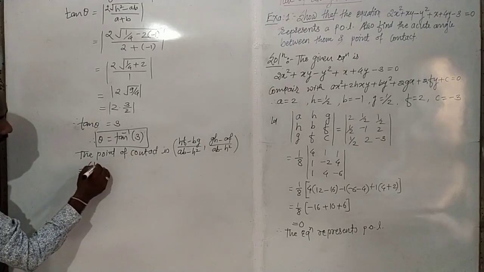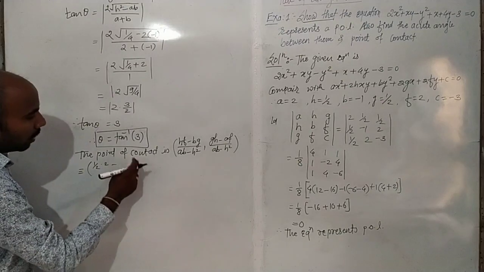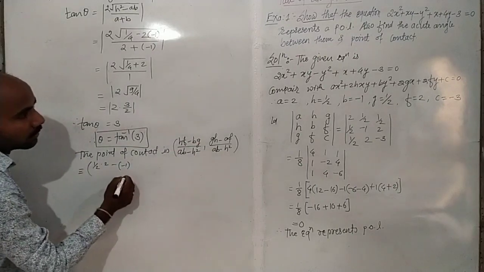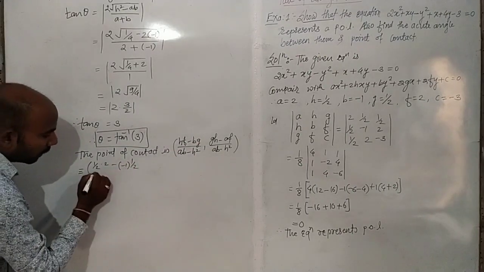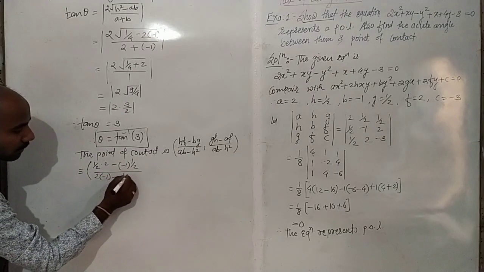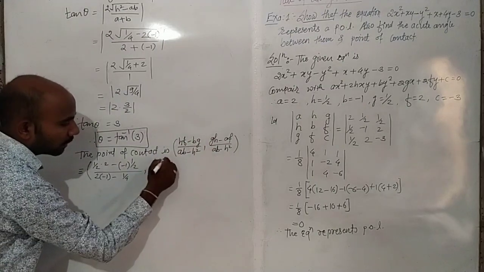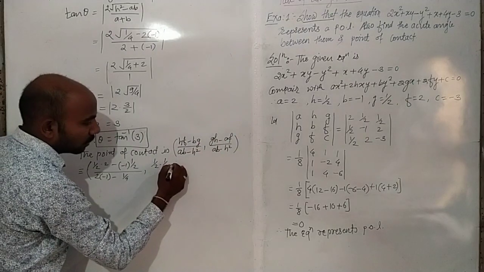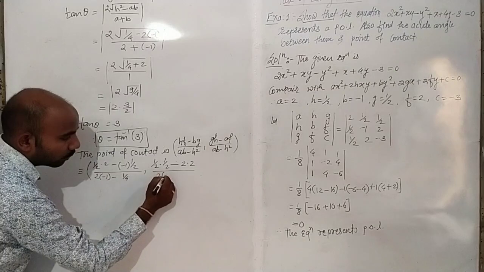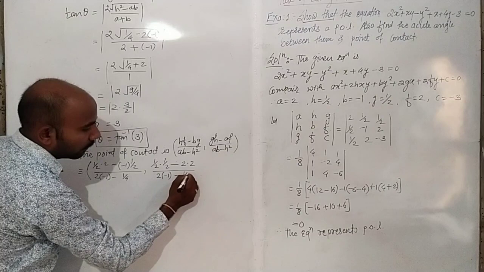द वैल्यू ऑफ h इज 1 by 2, द वैल्यू ऑफ f इज 2 minus the value of b, the value of b is minus 1, and value of g is 1 by 2 divided by a, the value of a is again 2 into minus 1 minus 1 by 4. So again here the value of g is 1 by 2, value of h is 1 by 2 into value of b is minus 2 into 2 divided by a की वैल्यू होता है 2 into minus 1 और h की वैल्यू है 1 by 2 का स्क्वायर होगा 1 by 4.